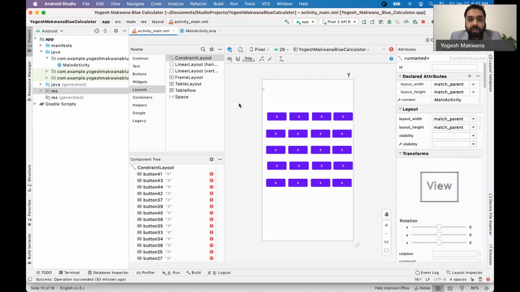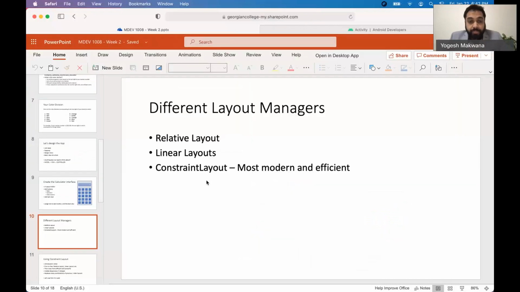So what we want to do is choose what is going to be the best. And here you can see right away that this could be a horizontal linear layout. This could be a horizontal one like that. And these horizontal layouts could themselves be in a vertical layout, each one as one component. So that is one way of doing it. And another way of doing it is